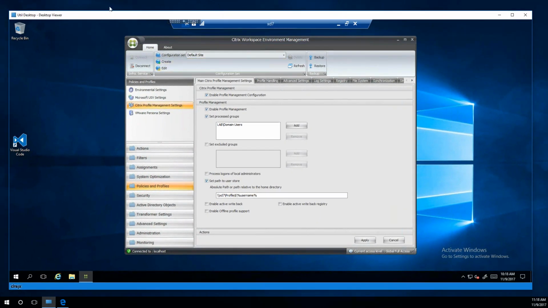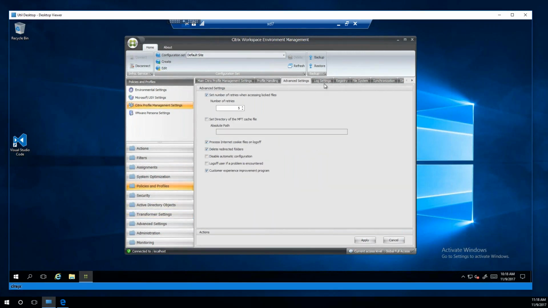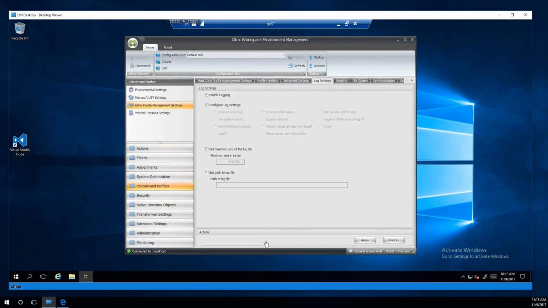Am I showing that screen? The admin console? Yes. So this is the integration here. We enable the profile management configuration and then do all the settings in here through a GUI, just like we would for Studio or GPO. Only here we actually have everything spelled out and easy to understand what it's doing. Versus if you were to go into Studio, you have to try and figure out what each one of these things means. So this is the integration. Makes it a lot easier, as far as I'm concerned, to set it up and configure it.